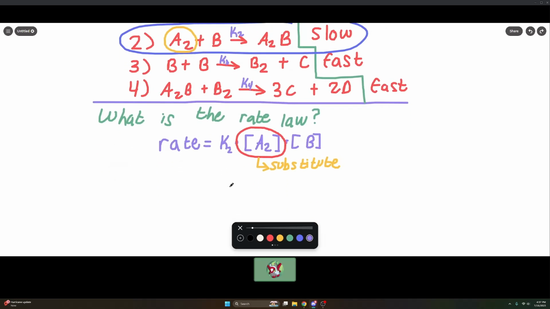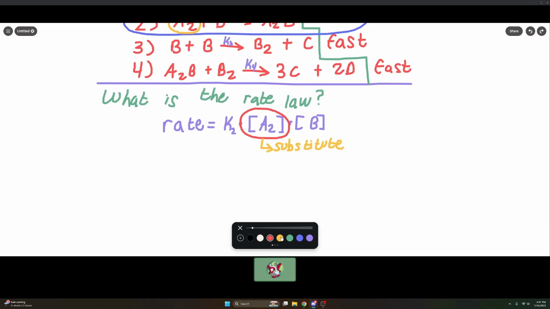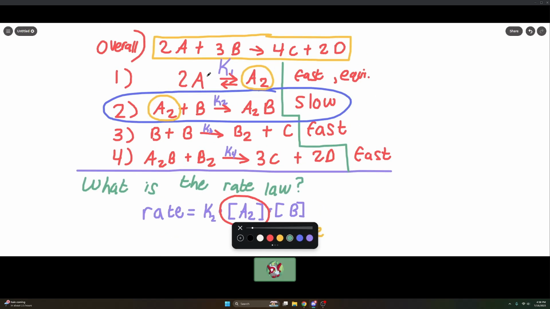It's going to be important because I need to think of a way to replace this guy. How can I replace A2? Well, why don't I just start by trying to write the rate law from A2's line? Maybe that could help me out. Maybe I could use that and get rid of it somehow. So the rate law for the line that created A2 would be line 1. And it would be that rate is equal to